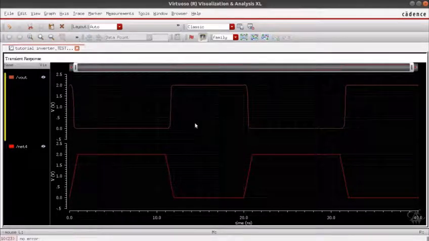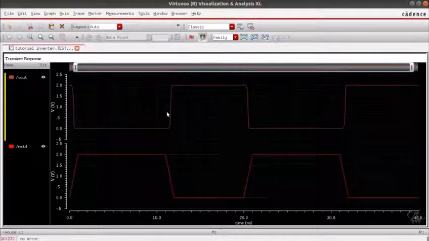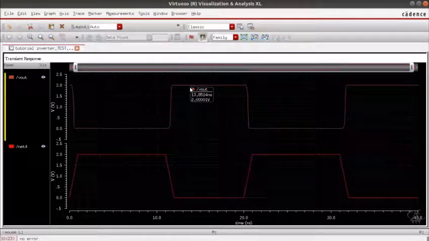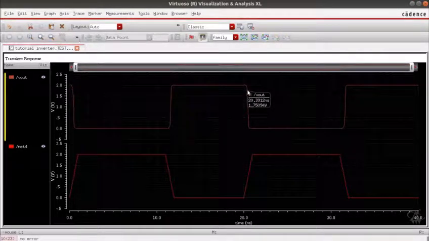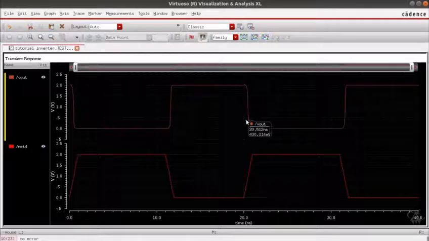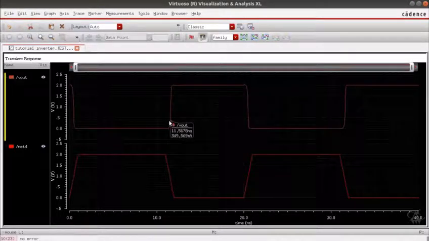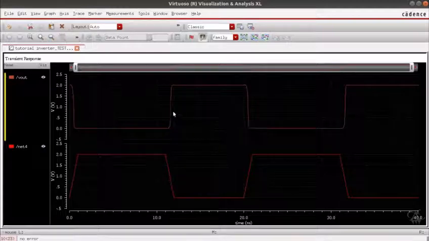So propagation delay from low to high is the time taken by your signal to move from 10% to 90% of its VDD, and from high to low is to move from 90% to 10% of VDD, that is 0.2 to 1.8 volts and 1.8 volts to 0.2 volts.